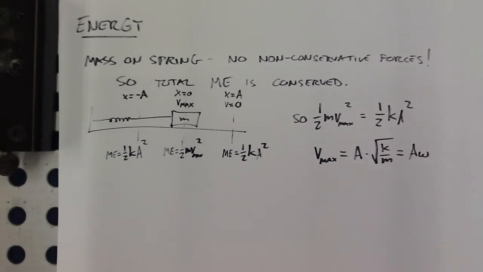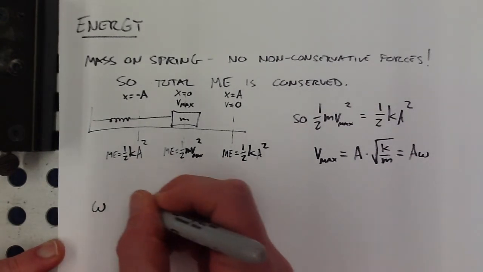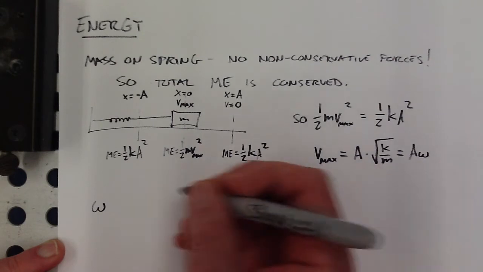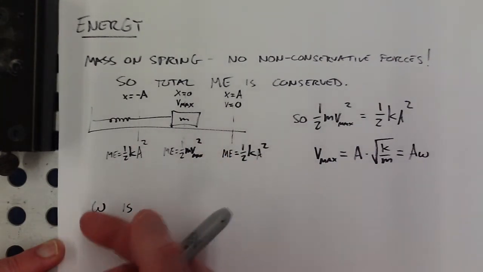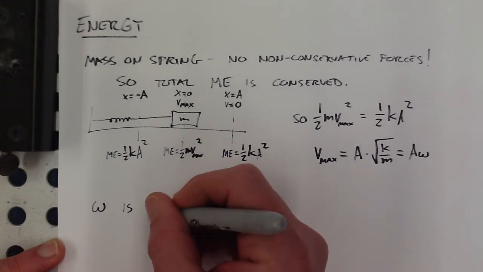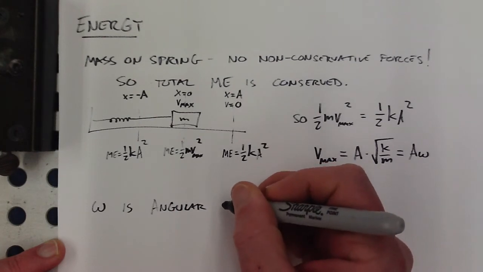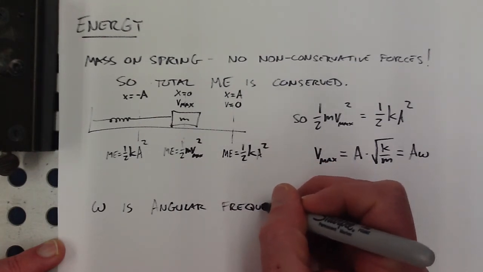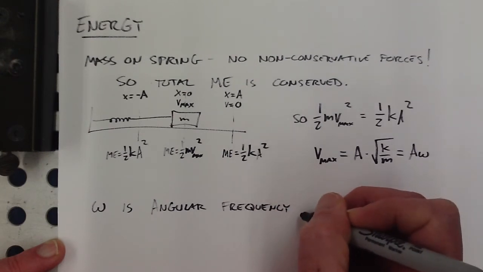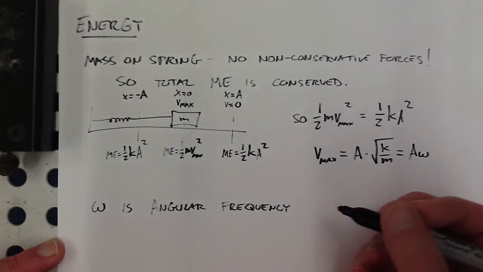So I just want to tell you that this omega is called, in this context, you're like, well, I know it's angular velocity. Here we call it angular frequency. And why are we using the omega? Because